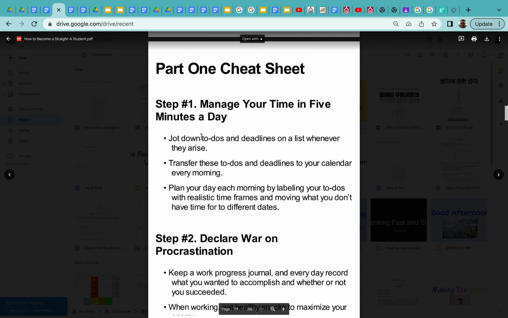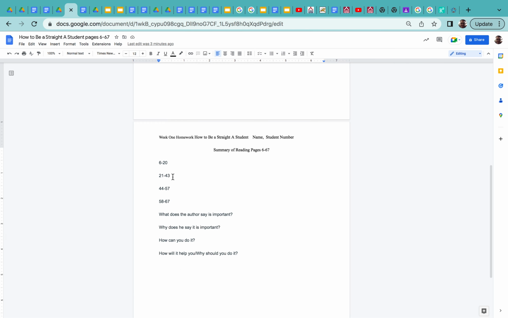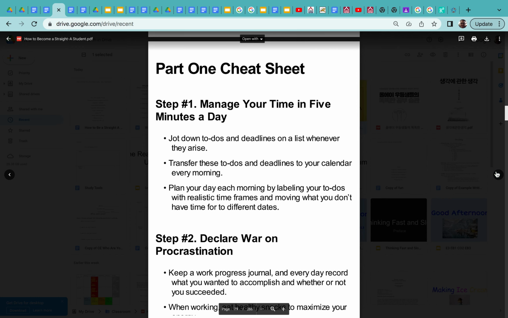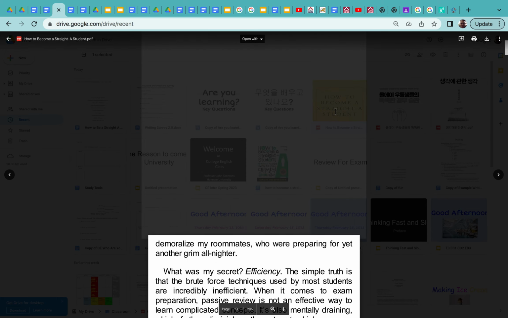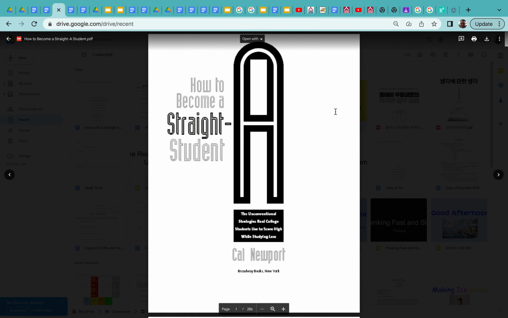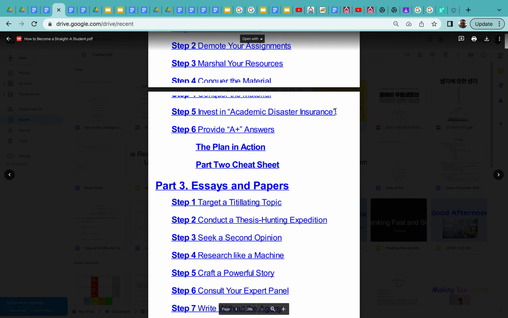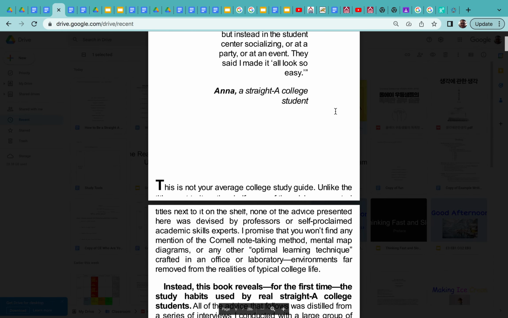So what I'm going to do: first, part 1, step 1. Let's look at our summary. Part 1, step 1, part 2, part 3. If you look back in your book, and this is page 79 in English, we'll go back to the beginning. There it is. So you start here with the introduction.